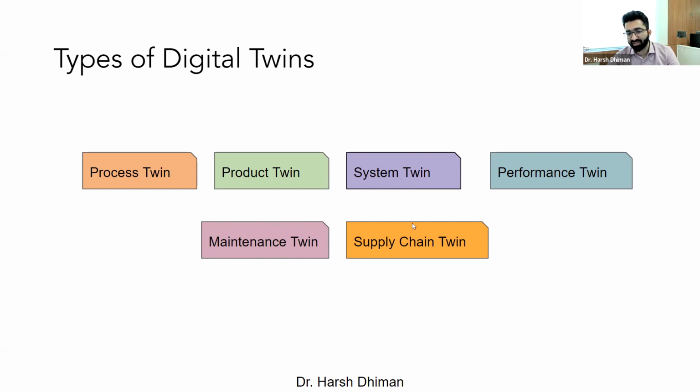And similarly, there is supply chain twin as well. Essentially, this is used for inventory purposes in your infrastructure and e-commerce. Especially, people are using a lot of digital twins for e-commerce and, I would say, process industries, right? If your supply is critically important, then to forecast your supply chain procedures, we can use supply chain twin.